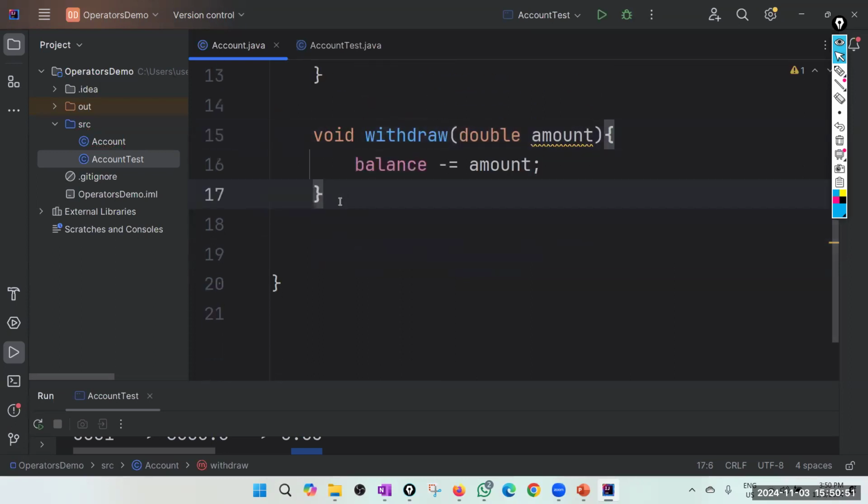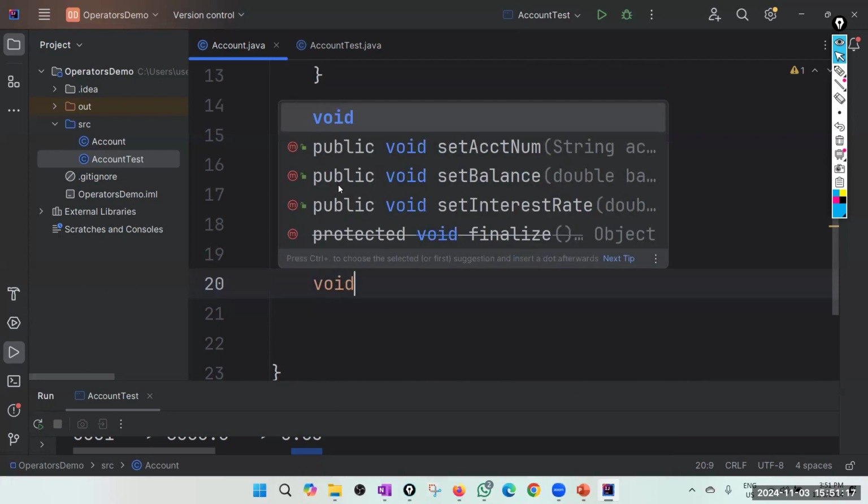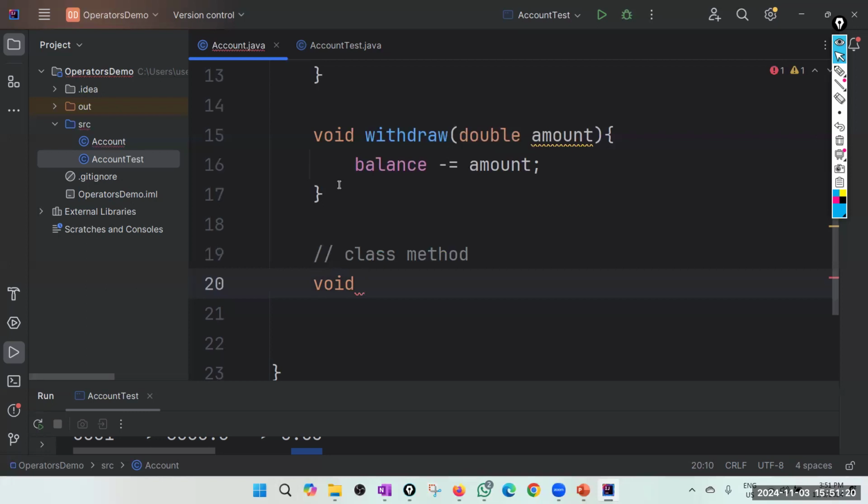Okay. So if you want to have a class method or static method, of course you can, but make sure you don't refer to any of the instance variables. If you want, you can optionally refer to class variables. Of course, for this class, practically we don't need any static method, but just to demonstrate, I will write void greet.